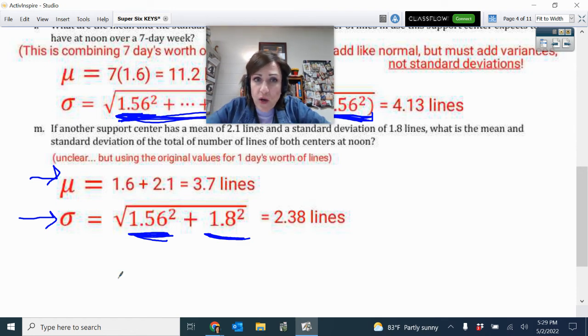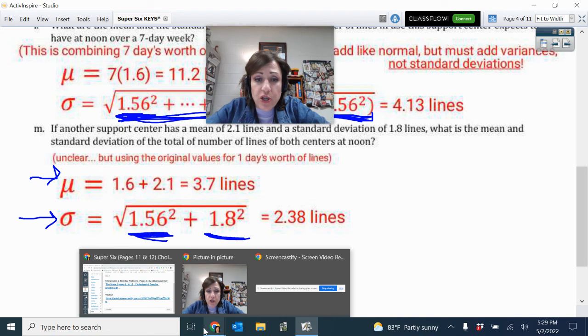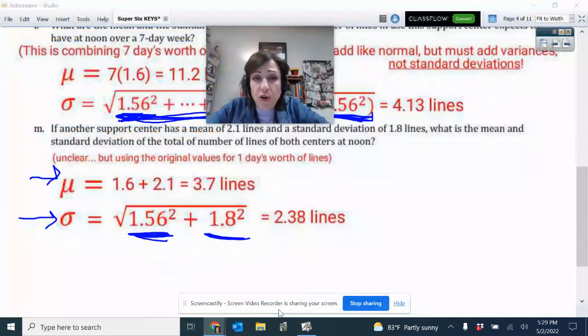So I hope that helped you on those probabilities. Make sure you are showing that work to get your full credit and not just plopping out a number. Any number should look naked if it doesn't have the way you came up with that number and the label of the context of what that number is. Good luck to you.